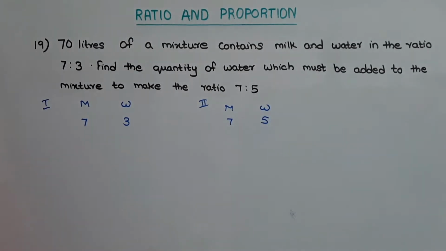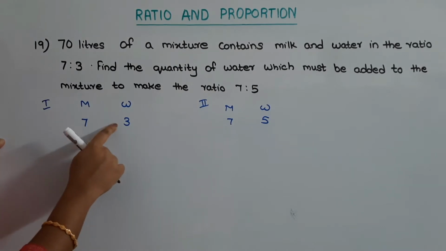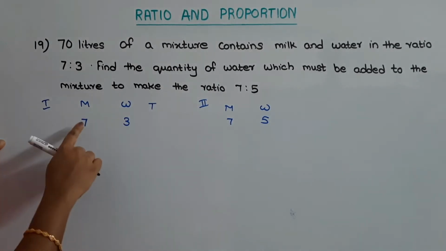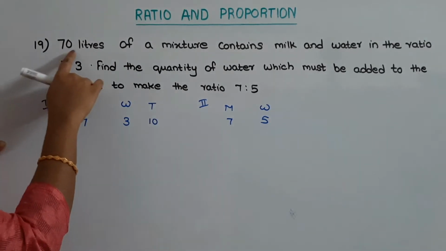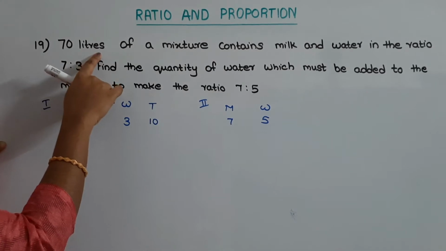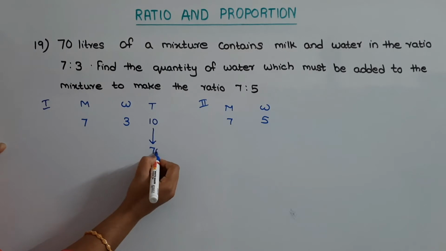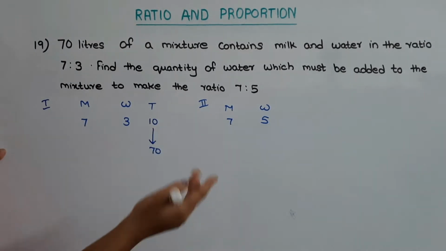So in the first mixture, if there is 7 liters of milk and 3 liters of water, what will be the total quantity of the mixture? That is 7 plus 3, that is 10. But in the question the total quantity of the mixture is given as 70 liters. So we can represent this 10 as 70. So we need to find out the quantity of water that is added to the mixture so that the